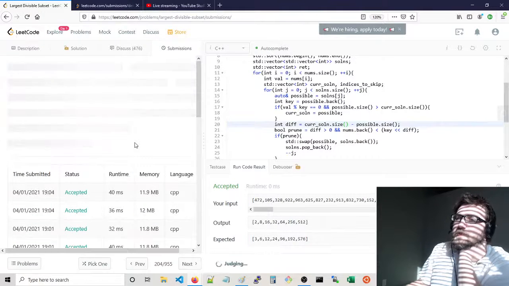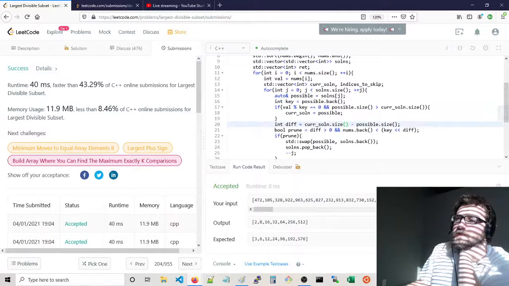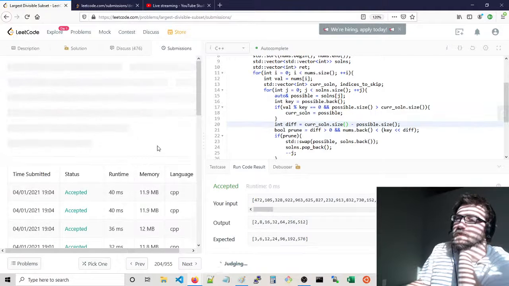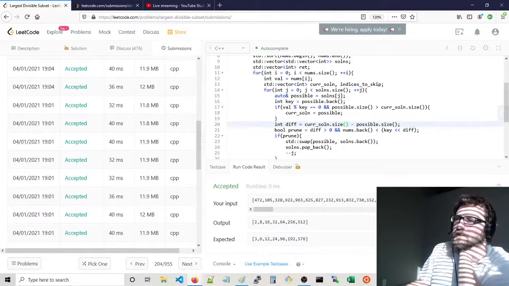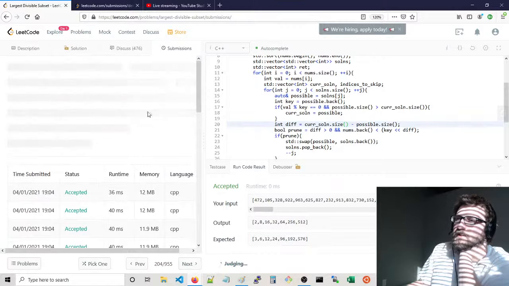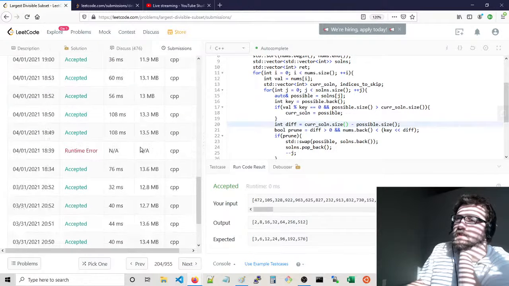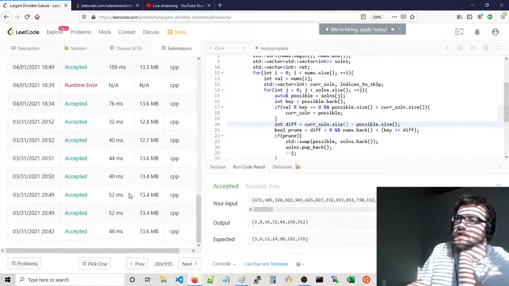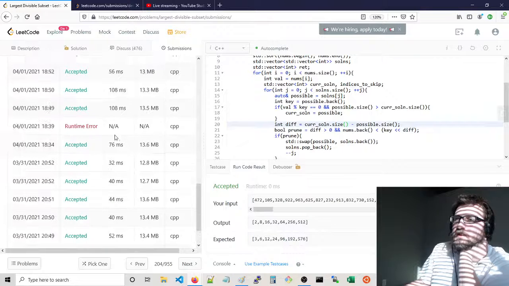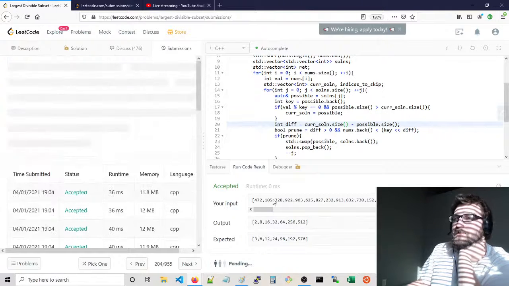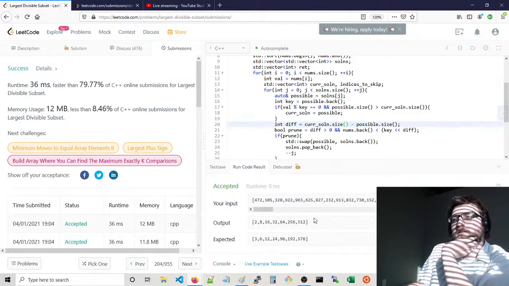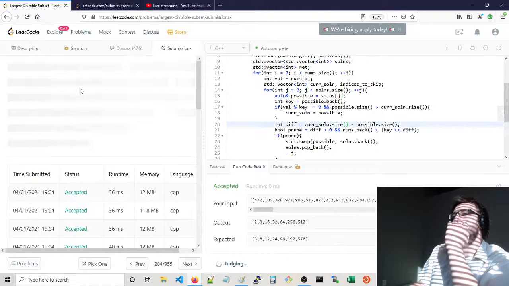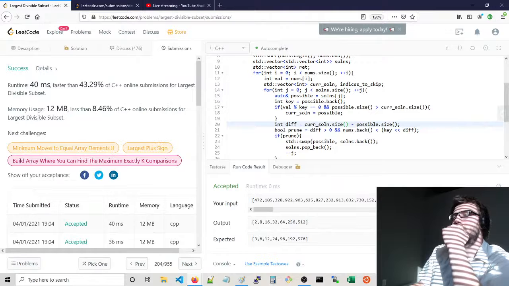I thought this was going to be faster. It's not very much faster. It's actually a little bit slower, I think. Actually, it's a little faster. It's more consistently faster, but